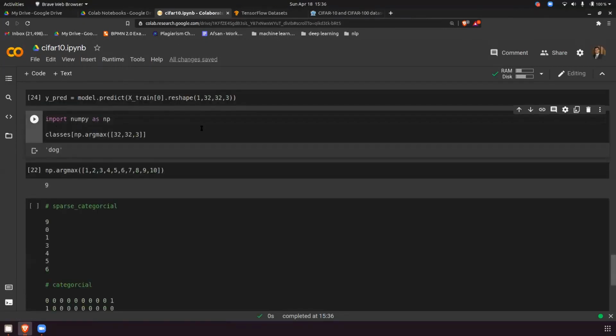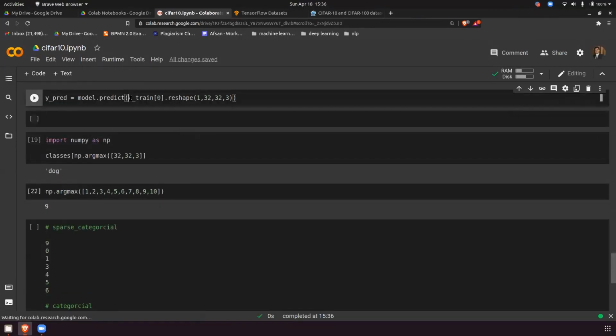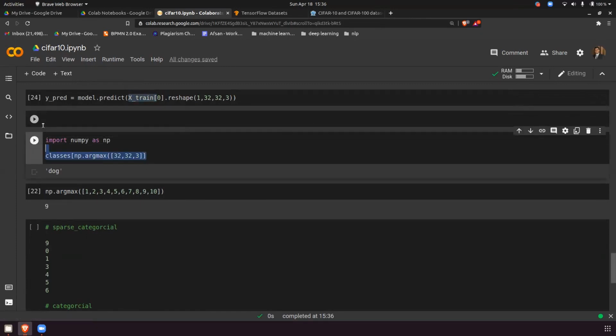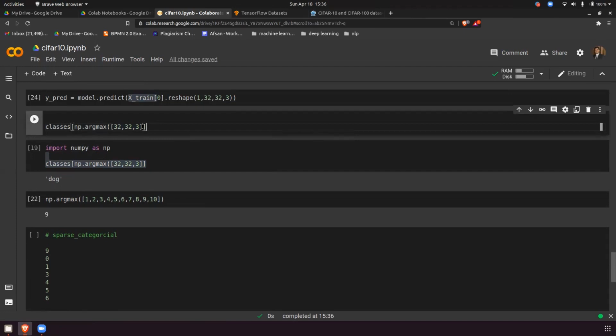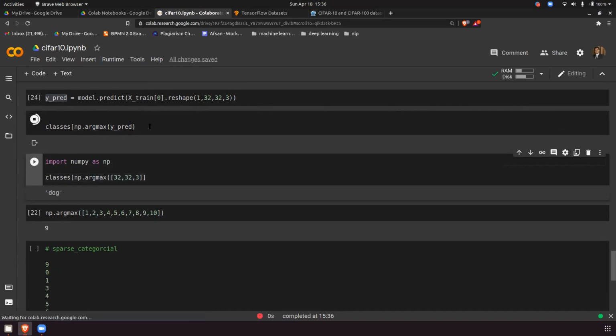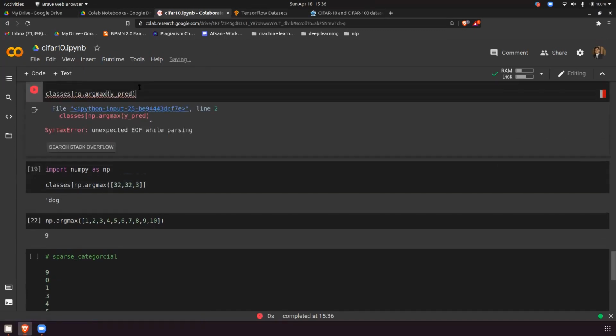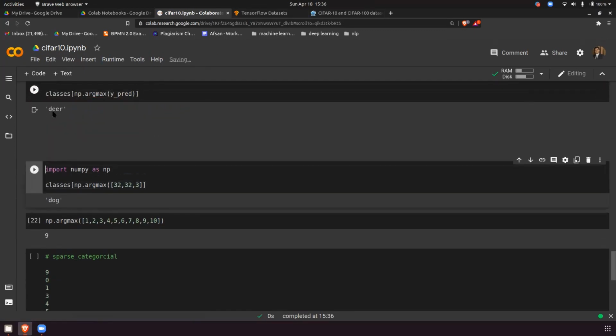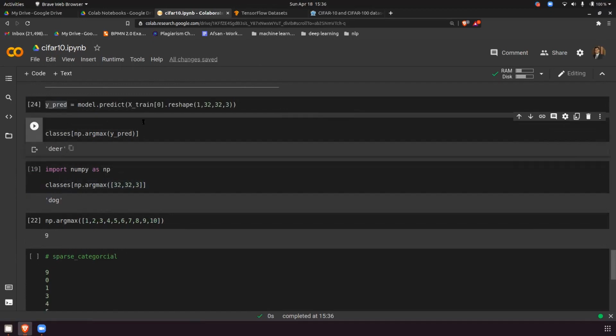Now what is y_pred? If you have passed one image matrix, I do the same thing: classes of argmax of y_pred. Sorry, my bad. So it is deer. It's saying that the first image is a deer.